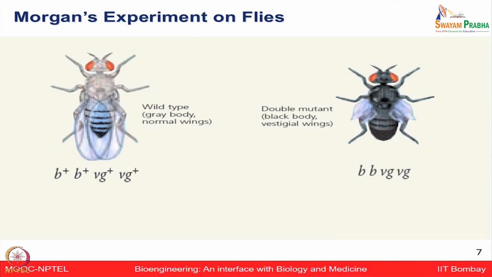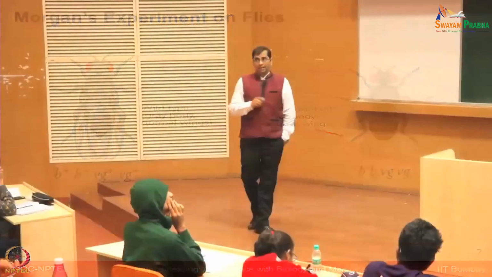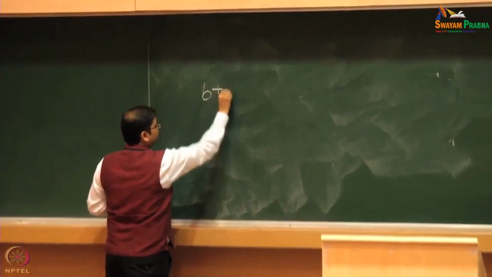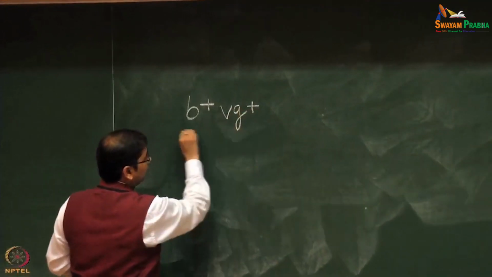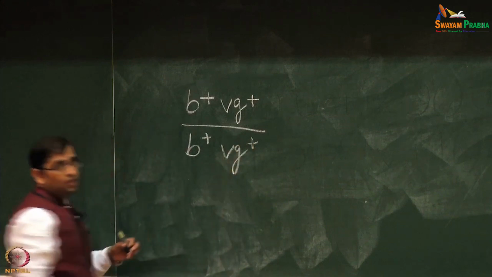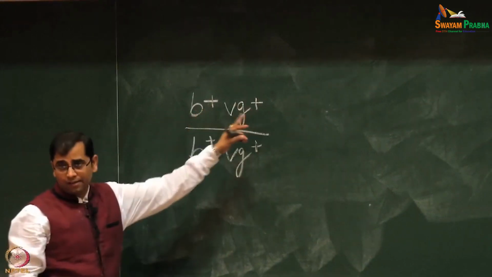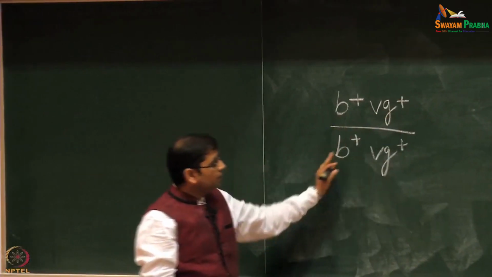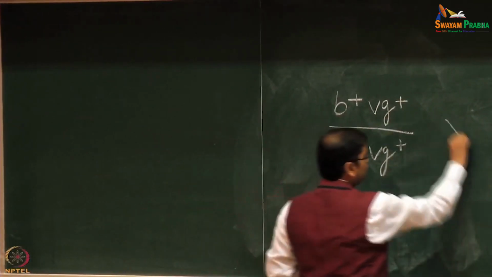In this case, we have two different types of fruit fly. One is wild type, which has the gray body and the normal wings, and the second is a double mutant, which has a black body and vestigial wings. To simplify, if we are saying wild type, it means it is plus, right? And we are showing it on both the chromosomes, so B plus and VG plus, B plus VG plus, and we are doing a cross with